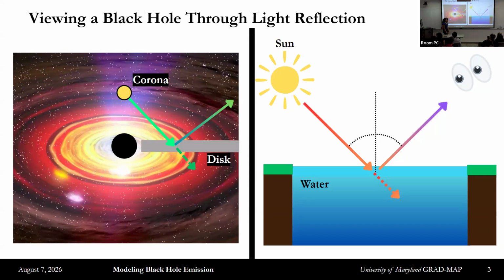To give an analogy, imagine a body of water that is as clear as a mirror. That is your accretion disk. Now imagine the sun as the corona. When sunlight shines onto water, it reflects off of the surface back into our eyes. And some of the light beams straight into the water and gets absorbed. The reflected light that goes back to our eyes can tell us properties of the water, such as its cleanliness or its movement. Similarly, light reflecting off of an accretion disk can tell us about the disk.